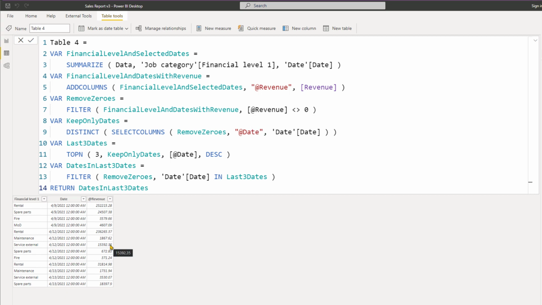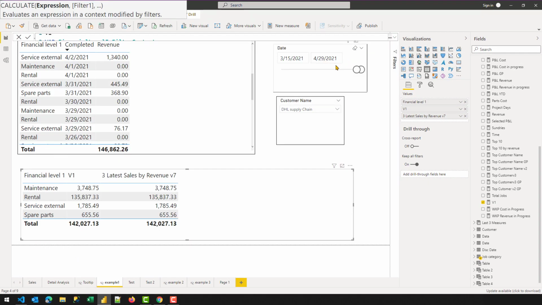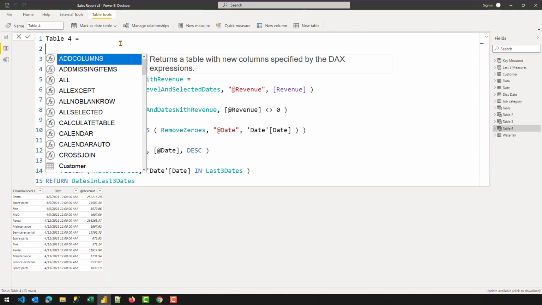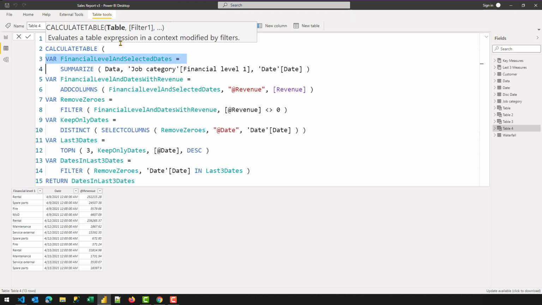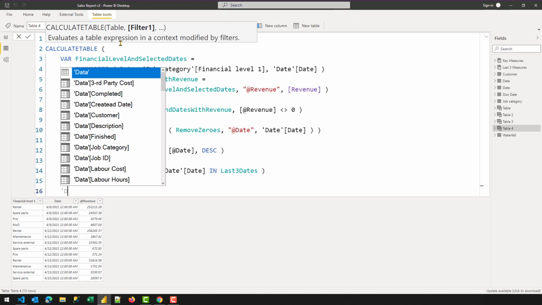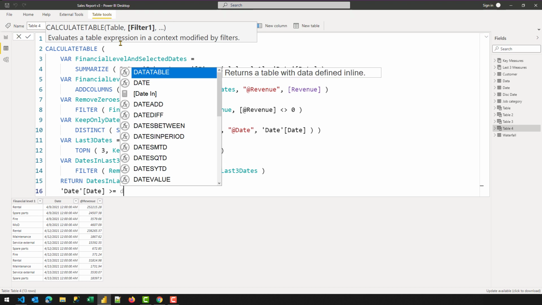But for sure I know that it is not returning the correct result just yet, because we need to mimic the behavior of the slicer. For that, we can wrap that code inside a CALCULATETABLE, and let's indent everything. Here I'm going to write that date should be greater than or equal to DT.